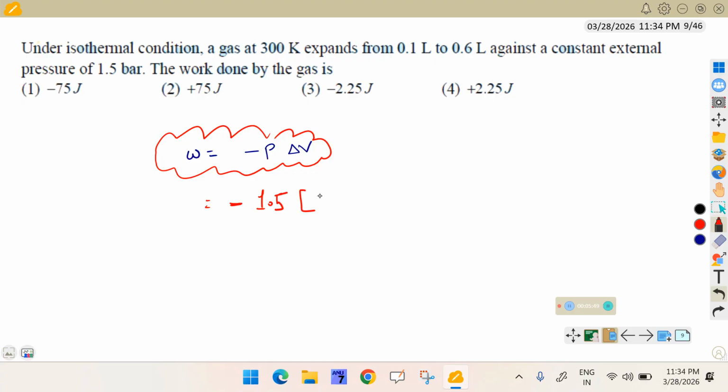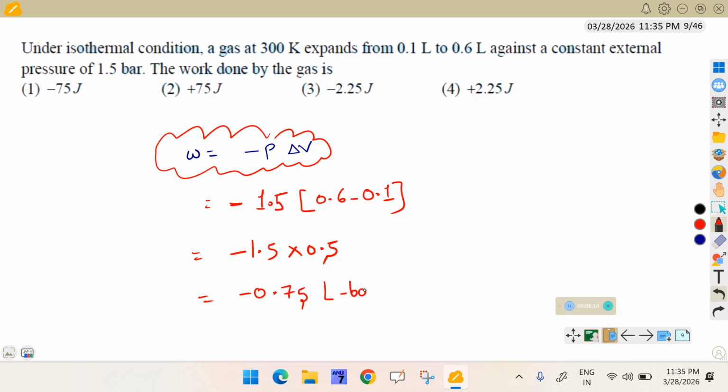Delta V equals V2 minus V1, 0.6 minus 0.1. That equals minus 1.5 into 0.5. Simplify, then you will get 0.75